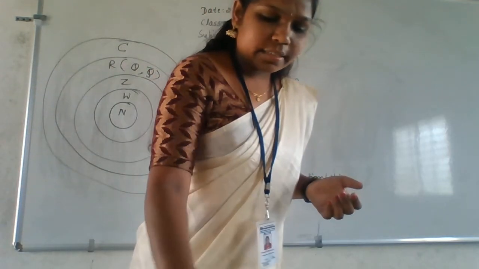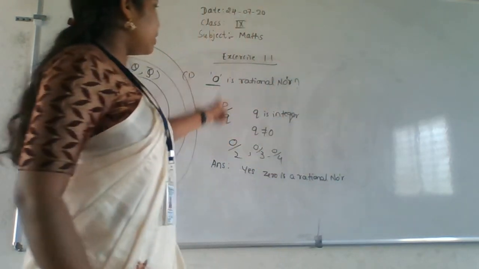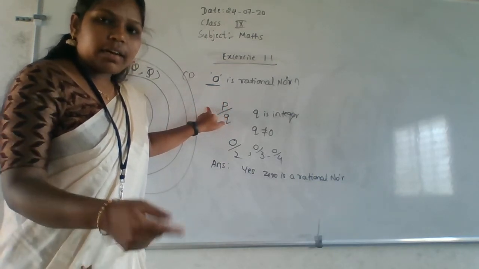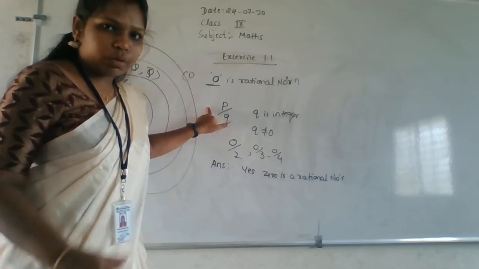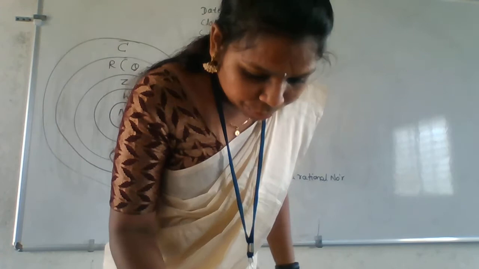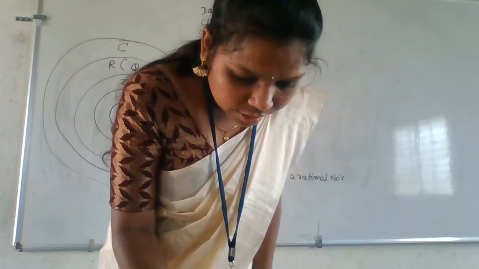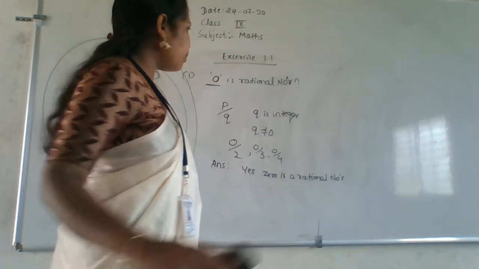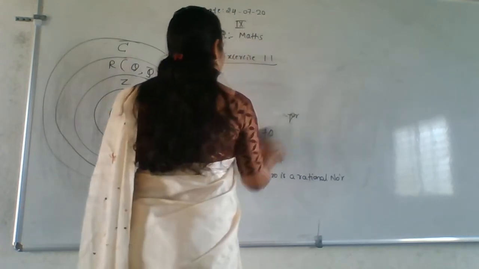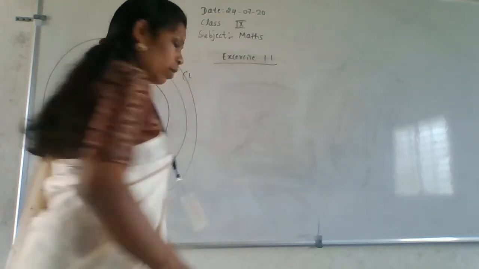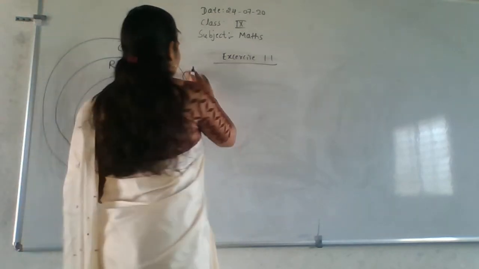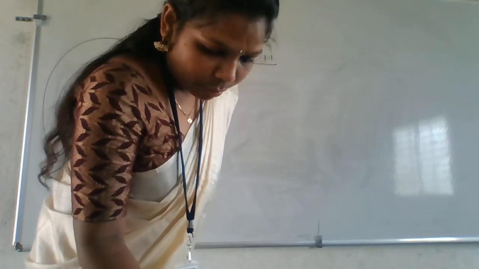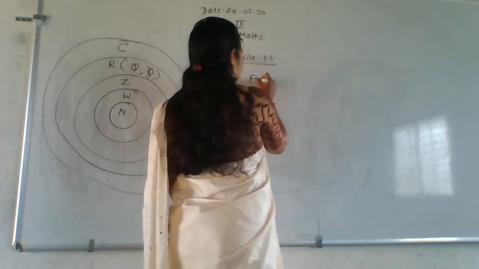Next, this is the first question. You will have the solution. I'll send a PDF, and in that you can see the proper question. So the next question is: find 6 rational numbers between 3 and 4. I'll do it here. I want to keep this diagram like this only. In the 4th question they asked some questions, and I'll solve that using that diagram only.